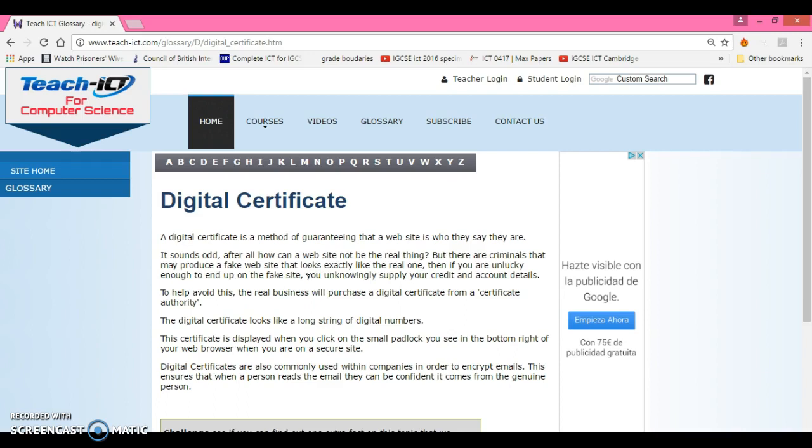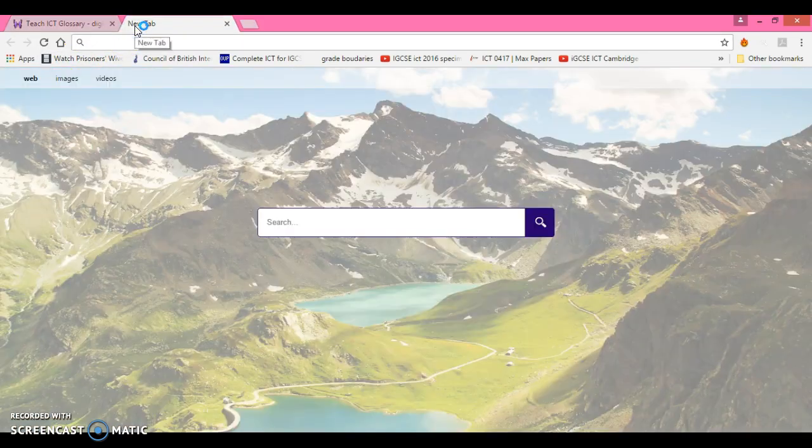Now, obviously, hackers and fraudsters may copy that website and make that website look like their own. So what I had to look out for was the digital certificate. So if there was a problem with that website, it would actually come up with an error message, okay, to say that there was no digital certificate if that was the case.